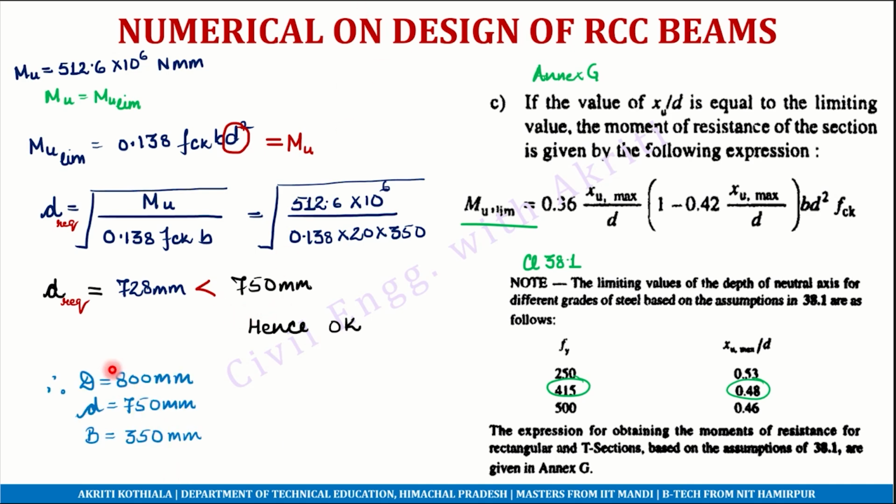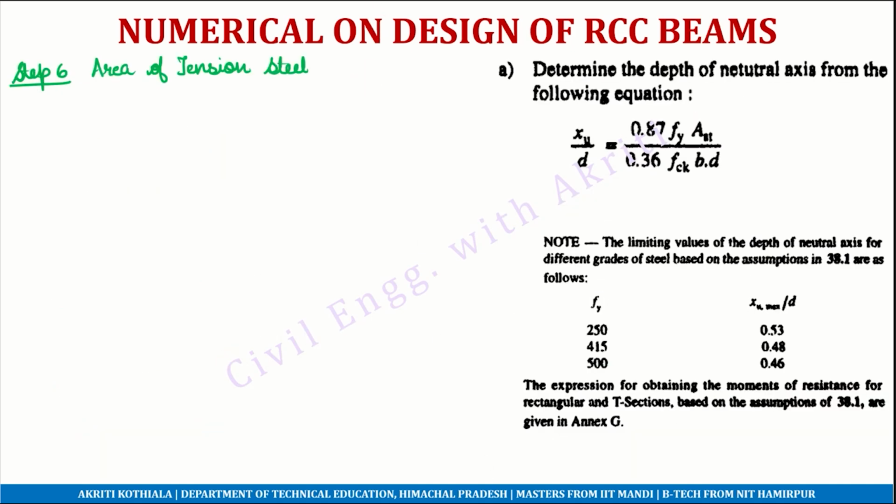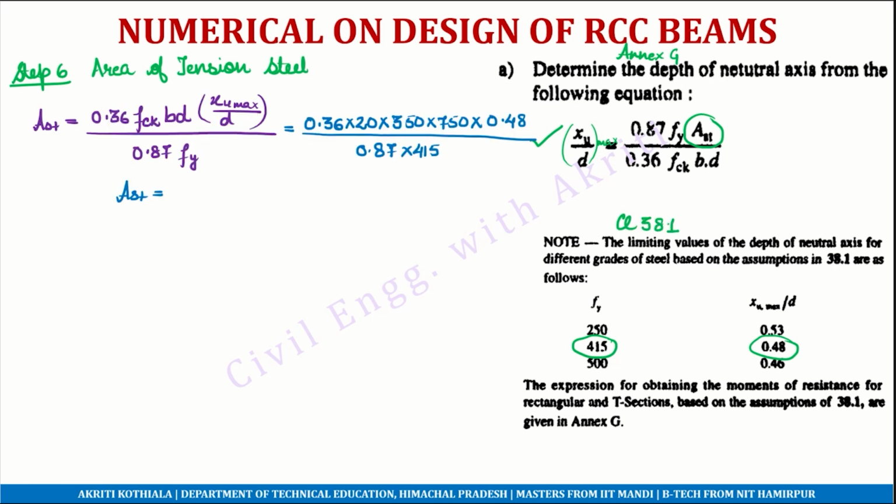So the new dimensions of the beam are: overall depth is 800 mm, the effective depth is 750 mm, and the width is 350 mm. The next step is calculating the area of tension steel. Again, we will be referring to annexure G, where we'll calculate this Ast using this given formula. Xu by d, because this is a balanced section, so we will be taking Xu equal to Xu max, and Xu by d can be substituted as 0.48 from clause 38.1. So substituting these values, we obtain a value of Ast equal to